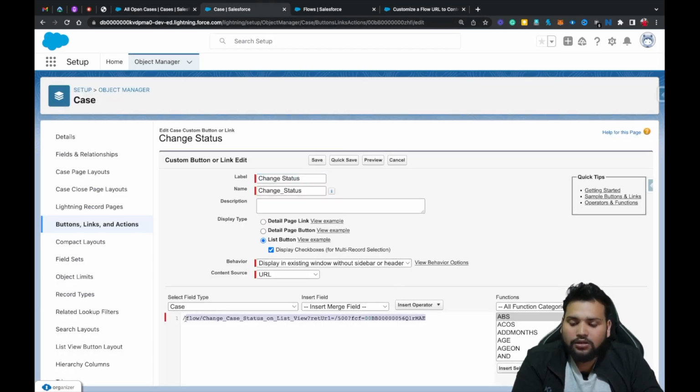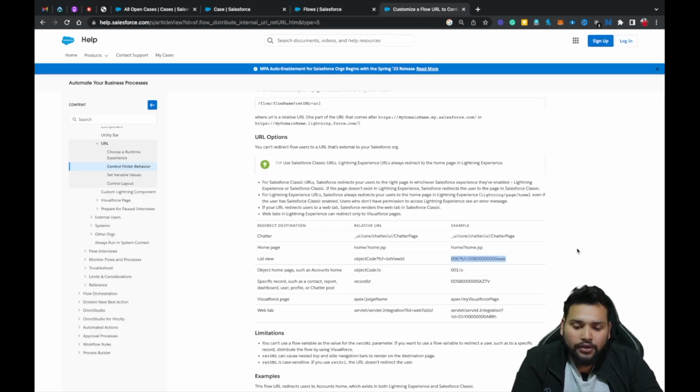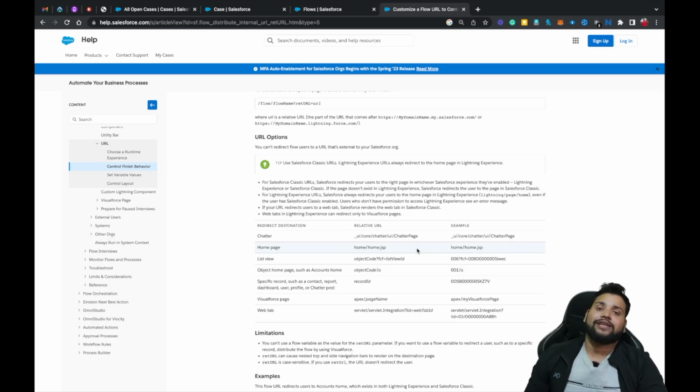So again, instead of the list view, if you want to configure your URL, you can try these things. Let's say if you want to move your user to the home page, or you want to move your user to the object home page, or let's say any record, so you can use these URL formats in order to change the URL, right?